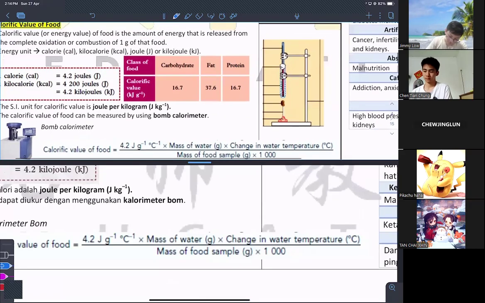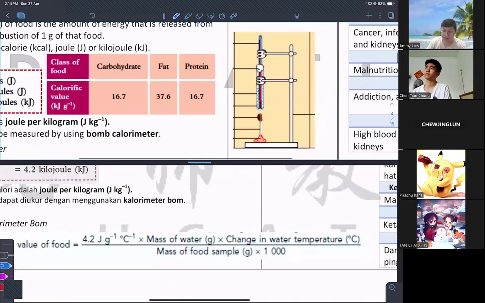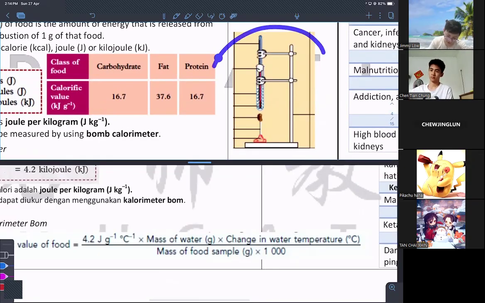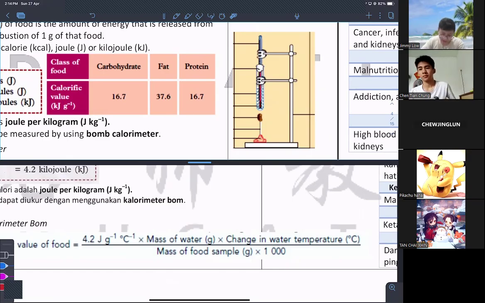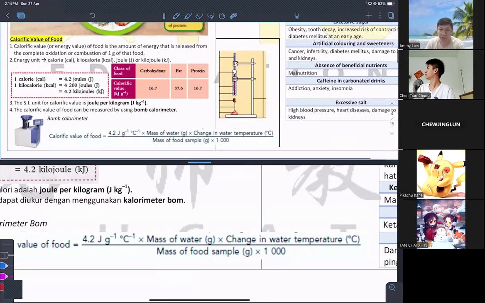Then you have to know that when the question gives you this kind of experiment, your bahagian C compulsory question, you must know how to sketch this thing out. It's like the question asks you to say, I want to do a food test, I want to test the calorific value of this particular food. Then you have to sketch this thing out with the respective names: tripod stand, the plasticine, the toothpick. All the names you have to know at least, generally.